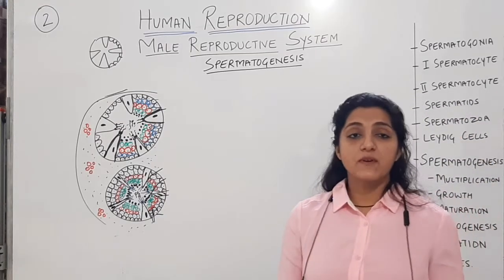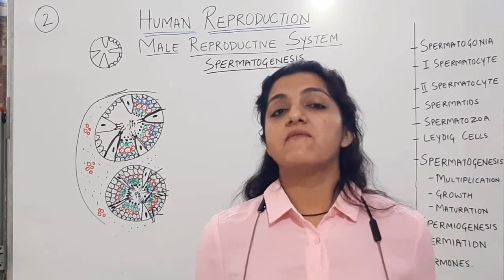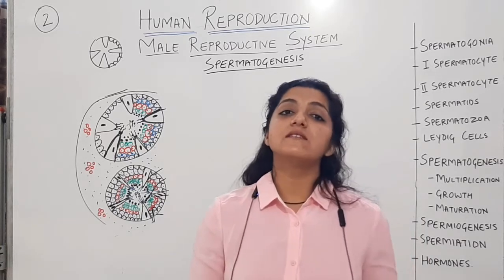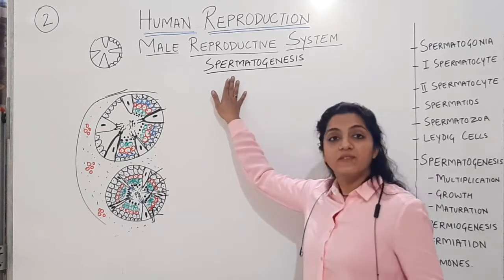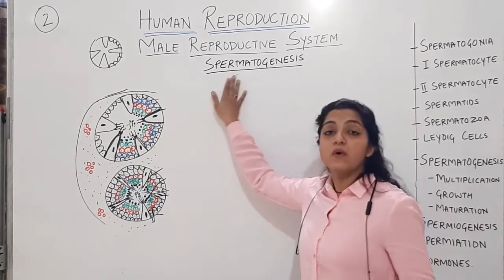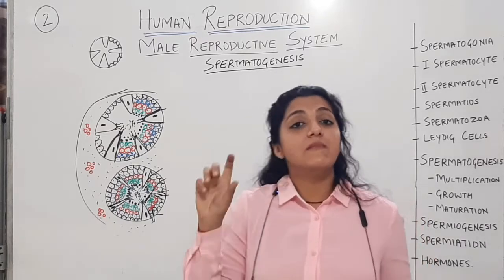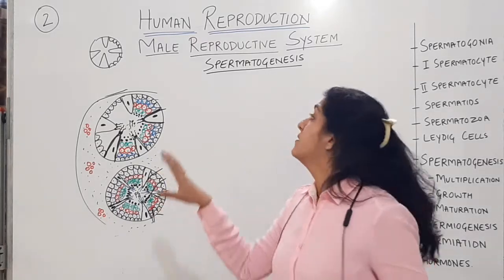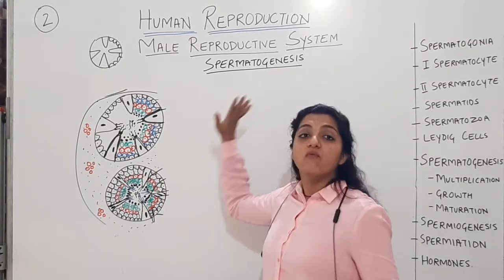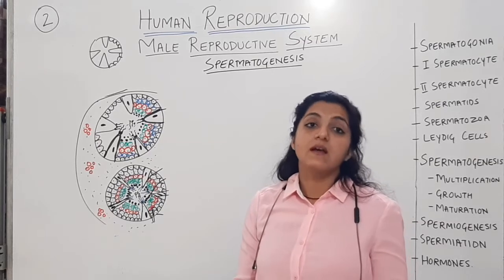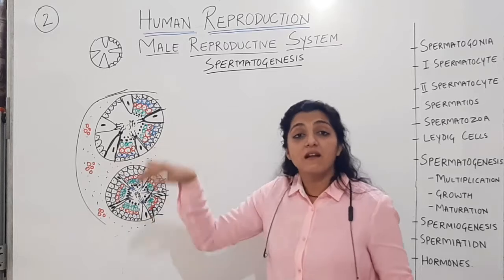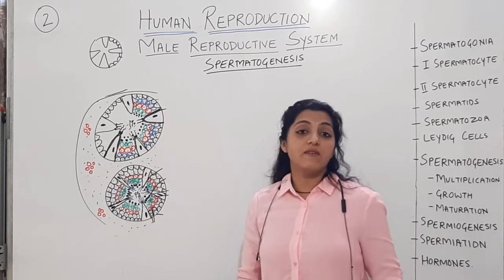Now let us see this process of spermatogenesis in a very simplified manner. Okay, I want all of you to write this with me. Spermatogenesis is the process of formation of the sperm. The word itself is telling you spermatogenesis. Sperm we know is the male sexual gamete. The process of formation of this sperm is spermatogenesis, formation of the male sex gamete. It happens inside the seminiferous tubule by the intratubular cells.